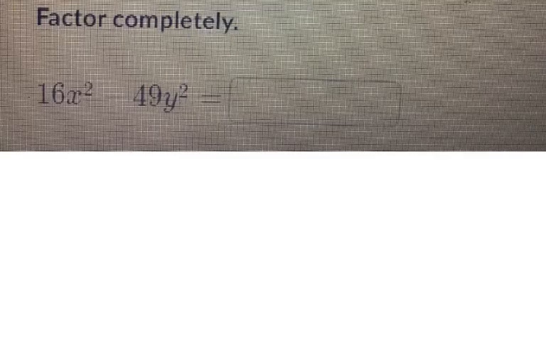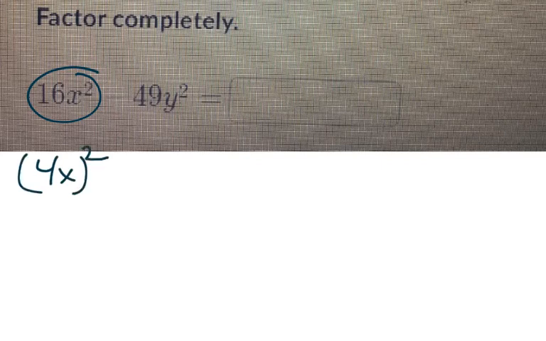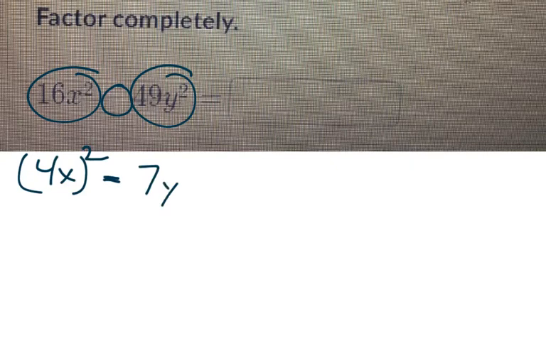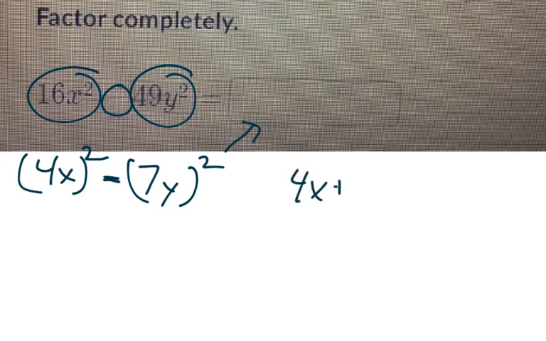All right, let's try another one. Now this one, again, is a difference of 2 squares. Do you guys agree that this here is really 4x that's squared with a minus in between? And this right here really is a 7y that's squared. Now this time, let's just keep the x and y's in there, all right? Because they're both nice, perfect squares. So what we're going to type in there, guys, according to the difference of 2 squares, is 4x plus 7y,